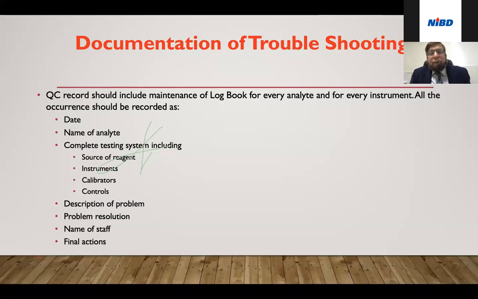So every test and every instrument should have papers, like patient papers. These papers are usually called logbooks. Logbook of the instruments and logbook of the parameter of the test. For example, there will be a logbook for your Selectra. There may be a logbook for your hematology analyzer, but there should also be a logbook for hemoglobin. There should be a logbook for bilirubin,